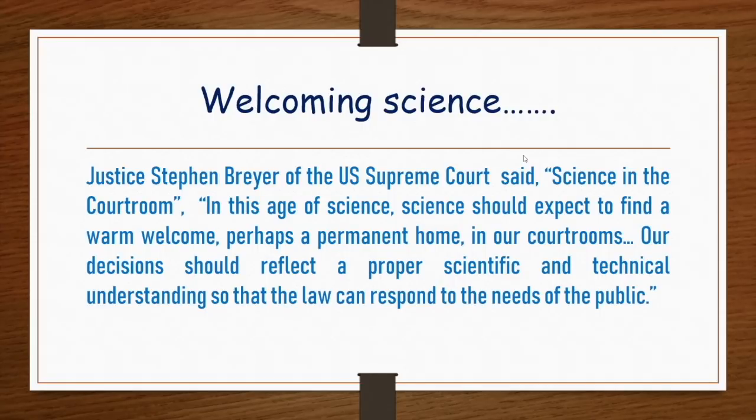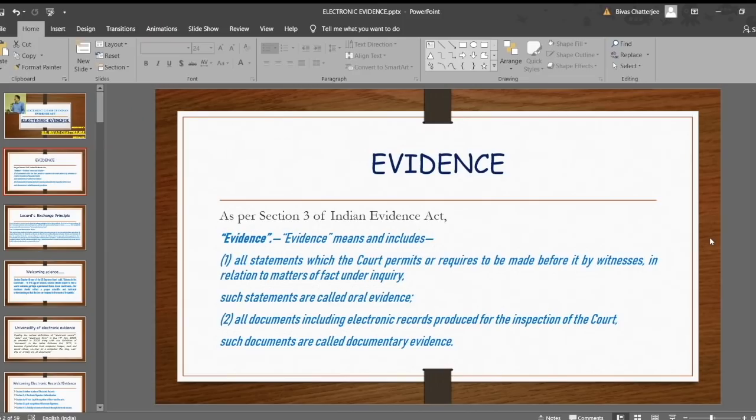So all the stakeholders in our judicial system should be equipped with the latest scientific findings, including electronic evidence, which is going to help us a lot in doing conscientious justice. As per the Indian Evidence Act, Section 3 has given the basic definitions of what is evidence. And if I go by the amended evidence definitions, which include electronic records,